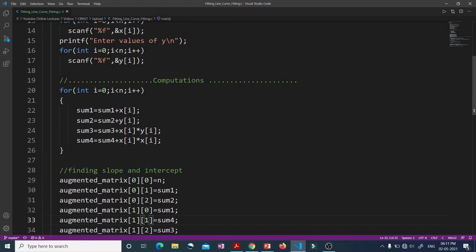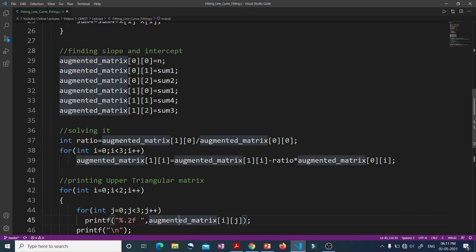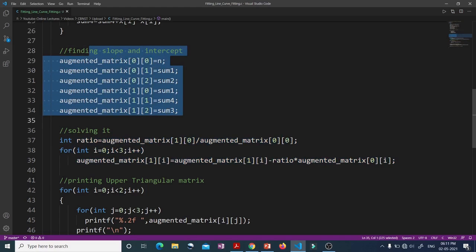After that, we have found the various summation values in this loop. And after that, we have found the slope and the intercept, which are the values of A and B. For that, first we have formulated everything in a matrix, that is the augmented matrix, and after that we have solved it. This code is finding the upper triangular matrix from the augmented matrix using the Gauss elimination method.